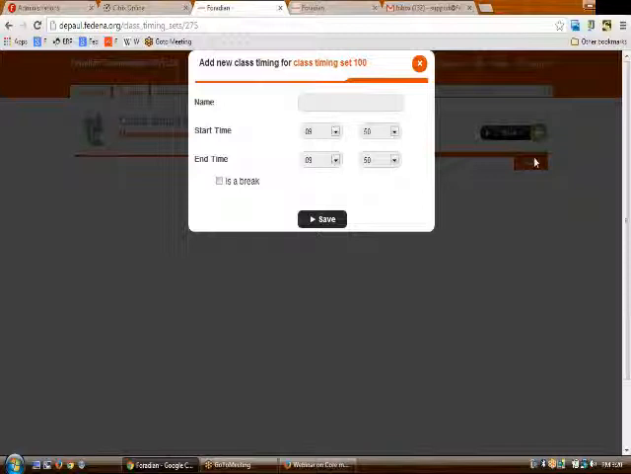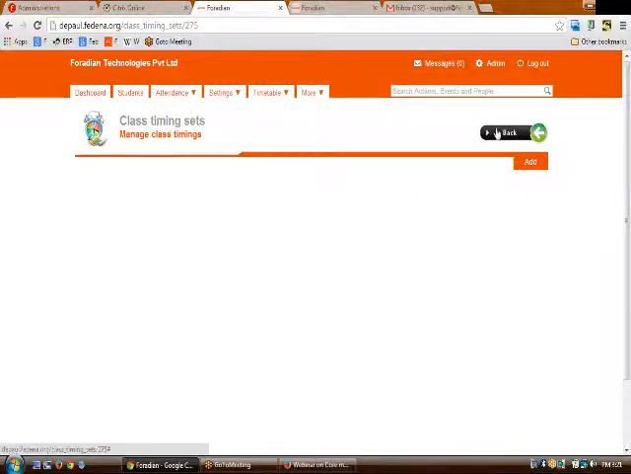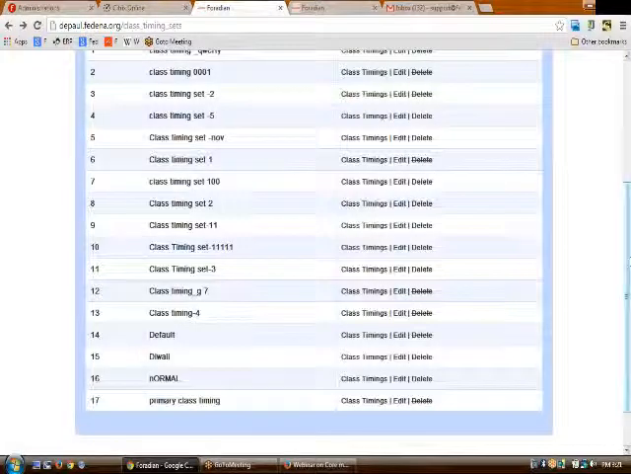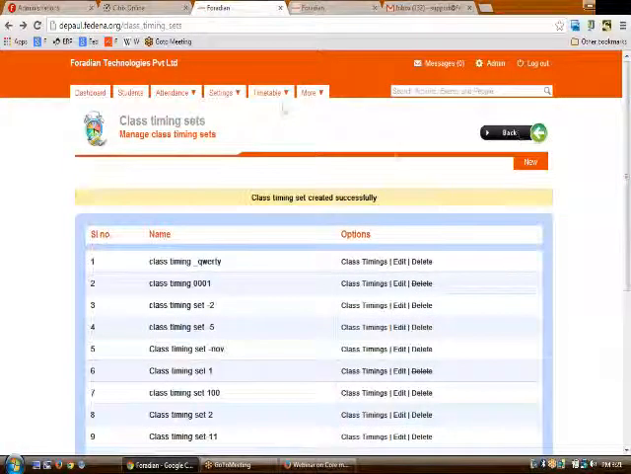On clicking add, you will be able to see the light box where you need to enter the name, the start time, and the end time for each of these class timing sets. Moreover, if this particular class timing set is a break, then you can select this particular option, and this will be treated as a break while creating the timetables. So once this class timing set has been done for each of the timetables, now you need to assign this class timing sets to